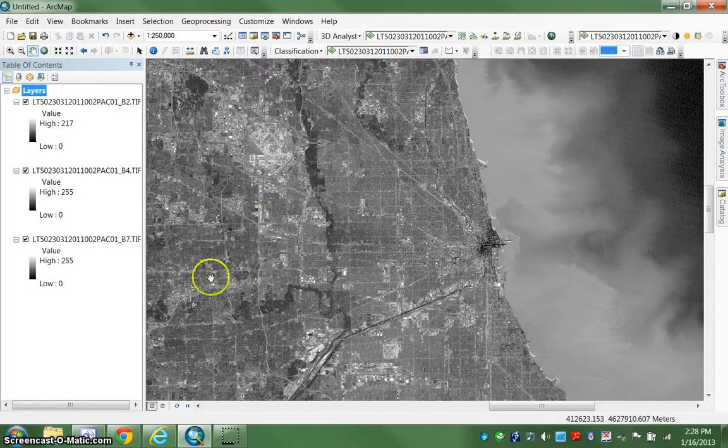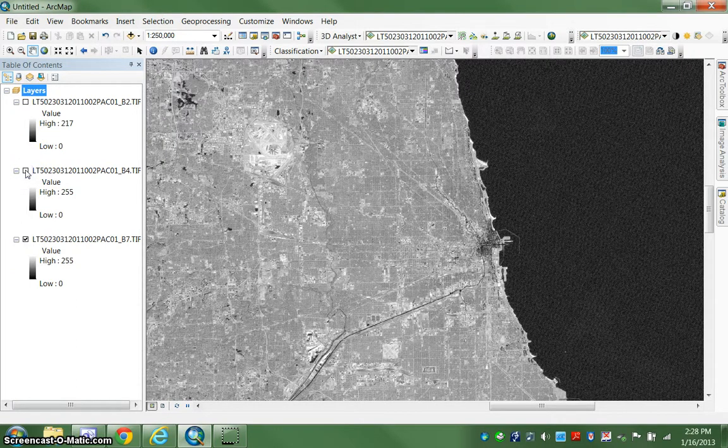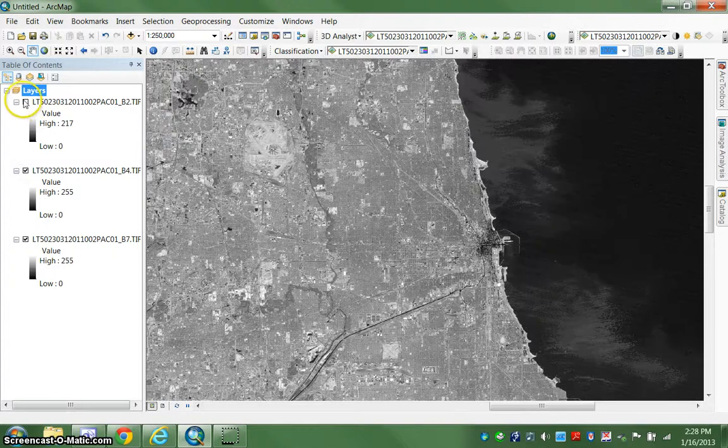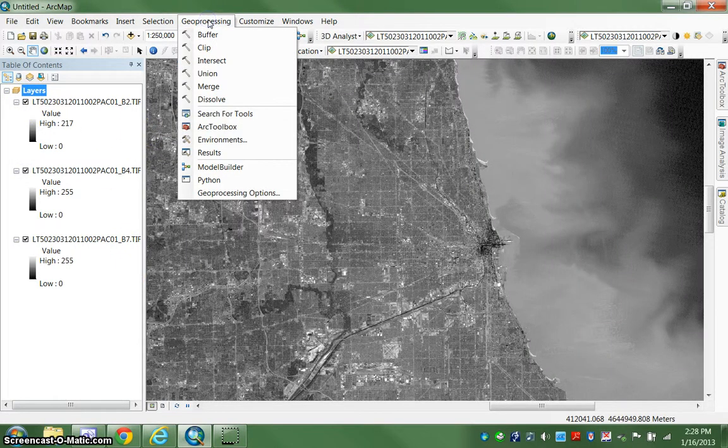So if you look here, I have a Landsat scene. This is from January 2nd, 2011. You can see I have 3 channels open. There's 2 very turbid lake, 4 and 7. Okay, so I have 2, 4, and 7 open, and so I'm going to open Model Builder, the Model Builder